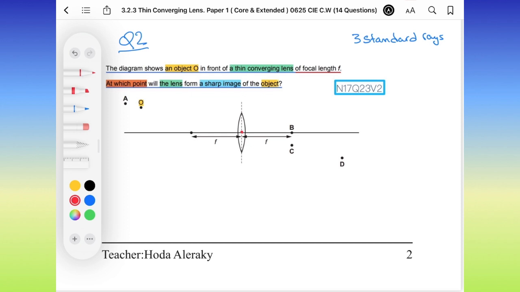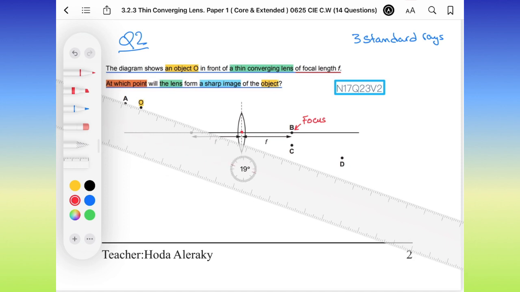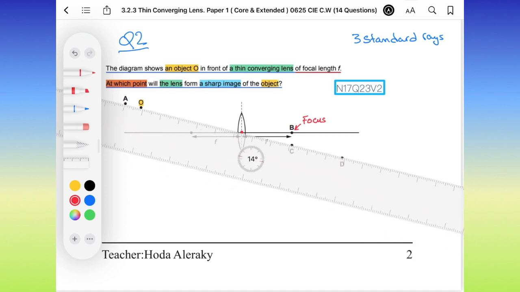And back to the definition of focal length. What do you mean by focal length? It's the distance between the optical center of the lens and the focus. So this B, we consider it the focal point, the principal focus. Okay? So when we draw a light ray from the object passing through the optical center, it will be